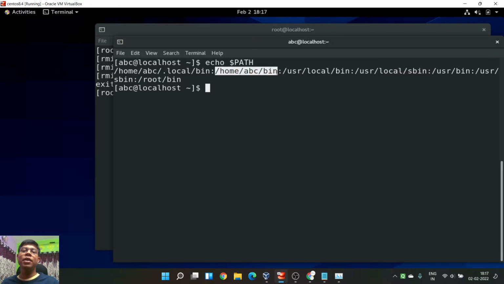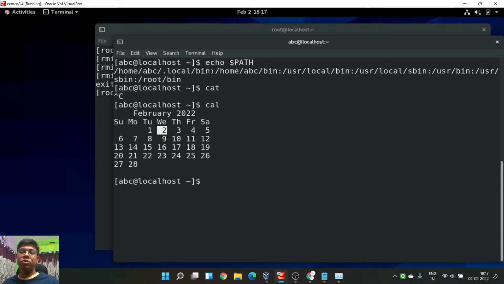That means whatever command you store in this folder will be accessible by this user, the abc user. Similarly, you have /usr/local/bin and /usr/bin. This path is there, that's why you are able to run the cal command. Let me do Control C. I will show you this in the shell scripting class, what these things actually are.